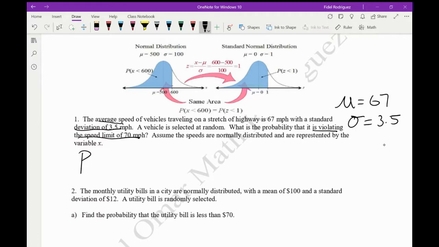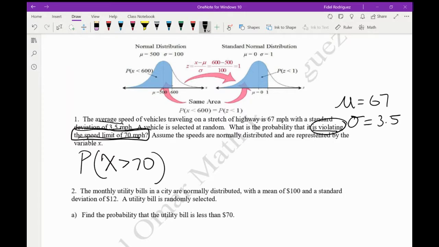Okay, so this is what I'm going to do. I want you to think about this expression right here. Violating the speed of 70 miles an hour. Do you think violating the speed means I'm going more than 70 or less than 70? Anybody know? More, less? More, right? Excellent, perfect, good. So what that's telling me is that right here I'm going to put x is greater than